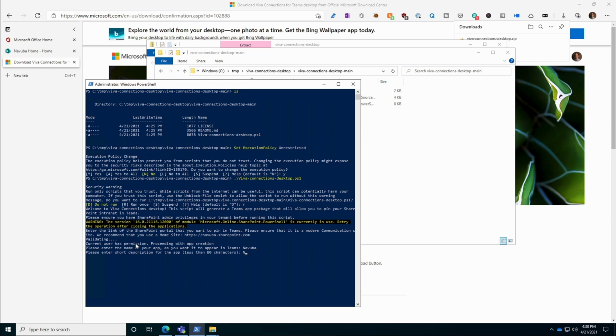Short description, 80 characters or less. This is our Navuba Viva Connections app. I'm very uncreative. You can go up to 4,000 characters. This could be Viva Connections app to access our corporate